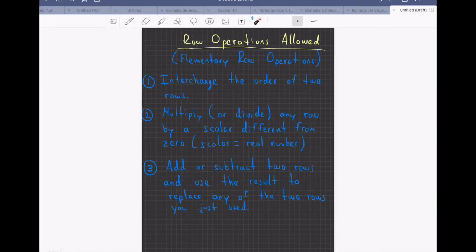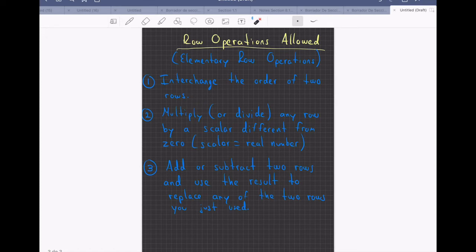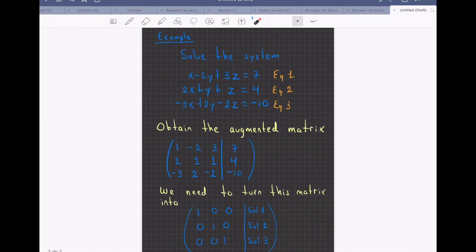Now, operation number 3 is, I think, the most important again. But why? Because it's, I think, the key to accomplish the Gauss-Jordan method. It says add or subtract 2 rows and use the result to replace any of the 2 rows you just used. All right. For example, if at some point you want to add the row 1 with the row 3,